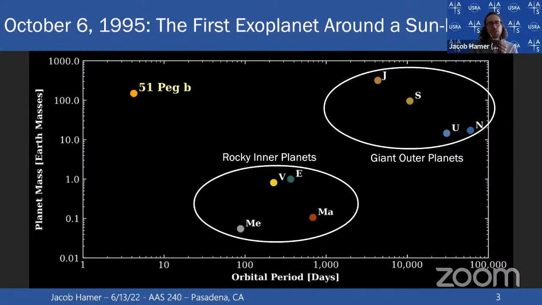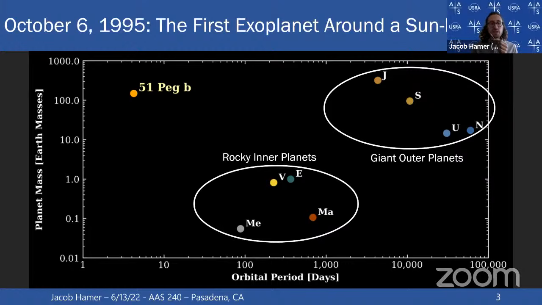But the discovery of the first one immediately raised two really massive questions that have remained unanswered for decades. First of all, how does such a planet form when we don't have anything like it in our solar system? And second of all, what is the fate of such a planet that is so close to its host star? Can they survive? So as I said, the solar system planets orbit close to the equator of the sun, closely aligned. And we have been able to measure this angle for hot Jupiters as well.